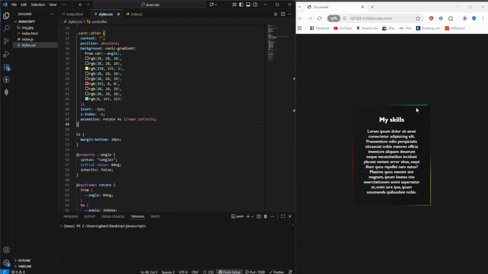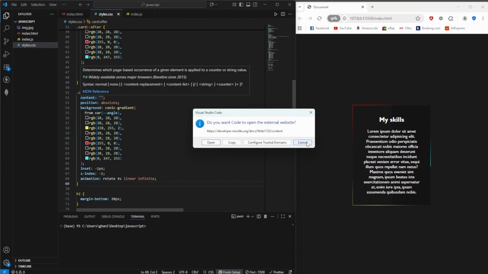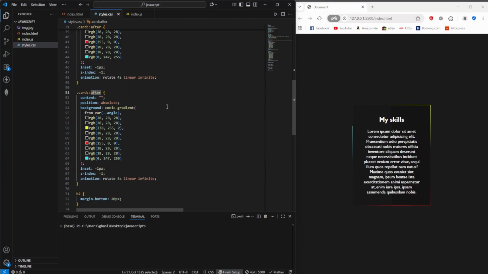And if you want to have a cool glow effect around this border, you can do so by using this exact same syntax, but we are going to replace the after selector with the before selector. And now we're going to save, and instead of having this exact same syntax, we are just going to add one property, which is the filter property. We're going to add a blur, and we can obviously use a blur of 20 pixels, which is a lot and probably will look terrible, but this is something you can do,